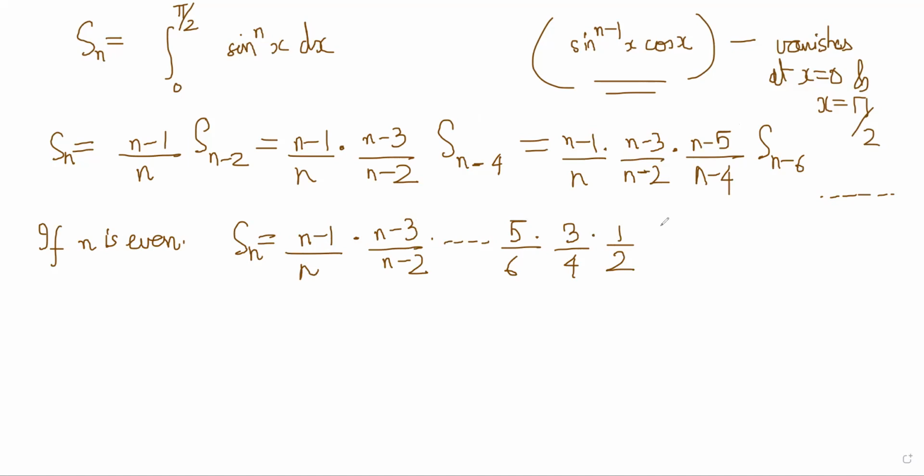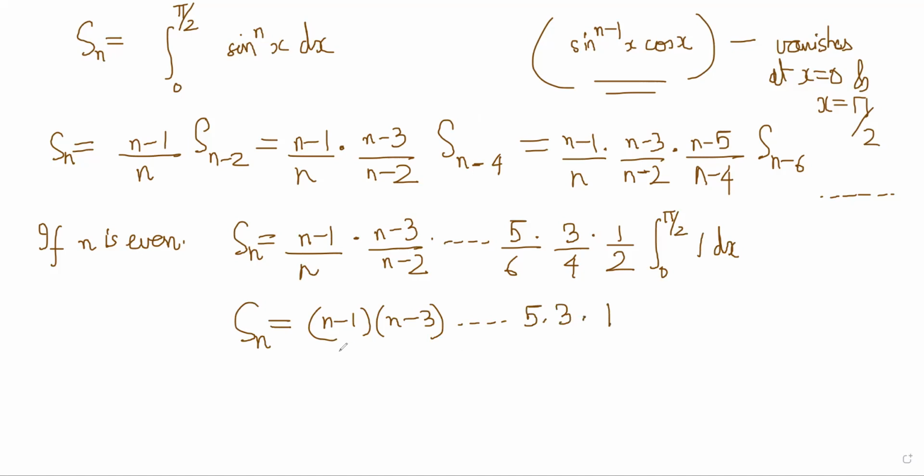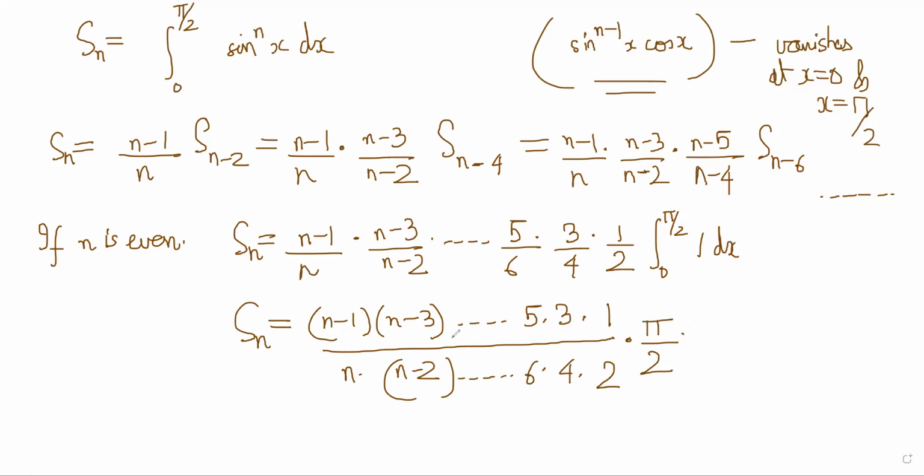S of 0 will be the integral from 0 to π/2 of 1 dx. So you will get the formula S_n equal to (n−1)/n, (n−3)/(n−2), and so on till 5, 3, 1 over 6, 4, 2, multiplied by π/2, right? And if your n is odd,